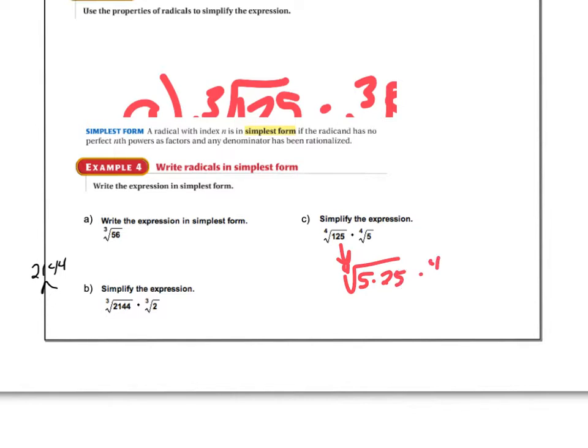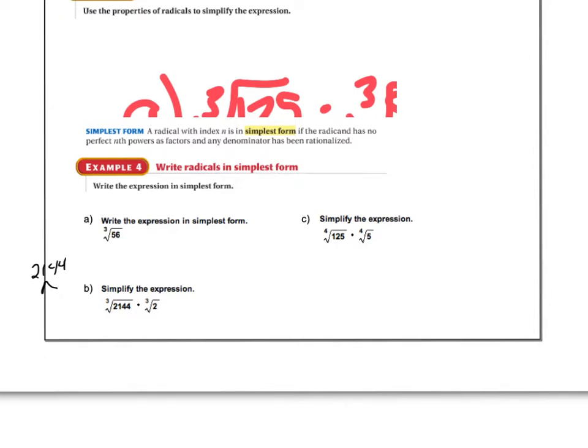And right next to it you have the fourth root of 5 as well. And so then I'm going to just continue on and break those things up into factors. The 25 factors into 5 times 5, and then you have this fourth root of 5 still there. And so now when you just break it up as you move along, maybe not do a factor tree off to the side, you can see now that I have 4 factors of 5 underneath, and so you could just immediately take the fourth root of that and you end up with the answer of 5, which is your answer. You certainly could have multiplied these together too, and then taken the fourth root of that,